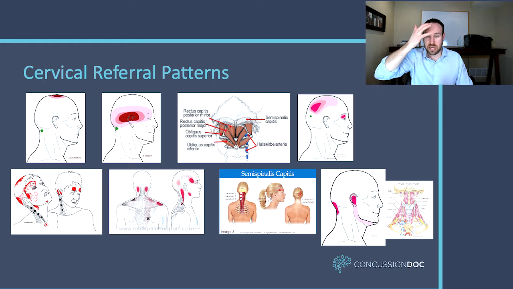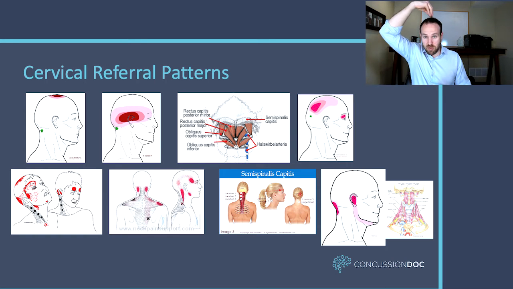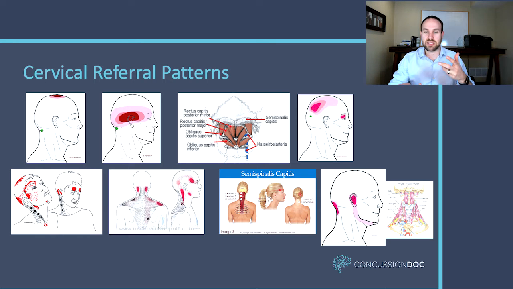Sometimes patients will feel it like this. The SCM muscle is this big one here. It can refer pain all across the face, into the jaw, and behind the ear. Your jaw itself can refer pain into the ear and up to the temple. All of these muscles can refer pain to different spots. The splenius capitis refers pain right to the very crown of the head. So if somebody comes in and says, "It feels like somebody's jamming a screwdriver right through the top of my head," I know right away, splenius capitis. Let's figure out where that is, and then you just loosen that off, and all of a sudden the headache is gone and they feel a lot better.